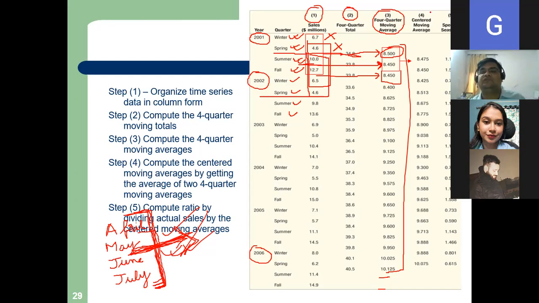Now see, there is one thing called centering of moving average. Now see, I am writing between spring and summer. This does not have any meaning now. Between spring and summer, I can write anything anywhere, but it does not mean anything. So we have to do some centering. Are you getting it, students? What is centering? Centering the moving average. Centering means, let me rub everything.